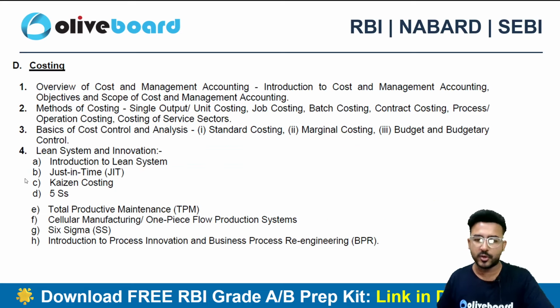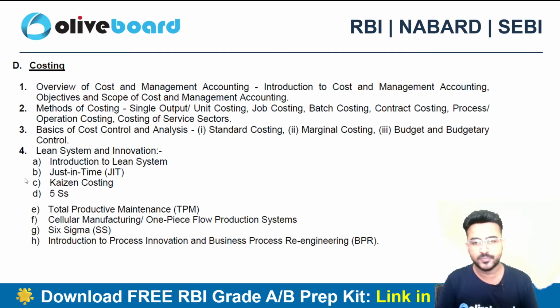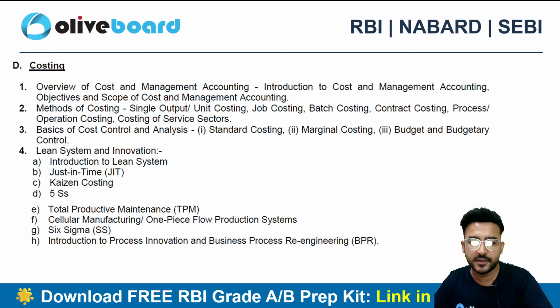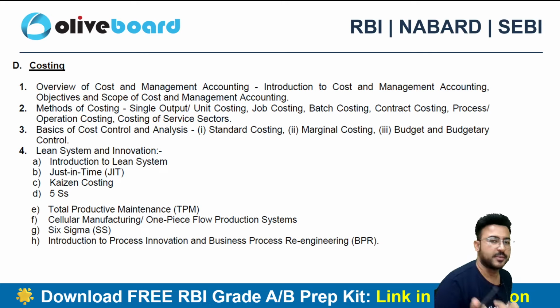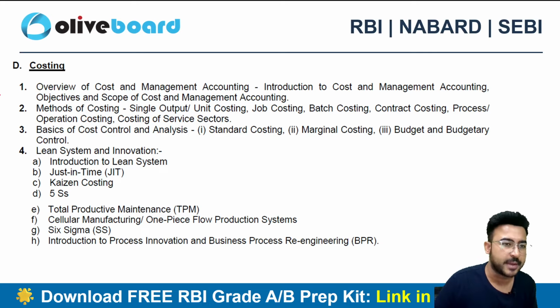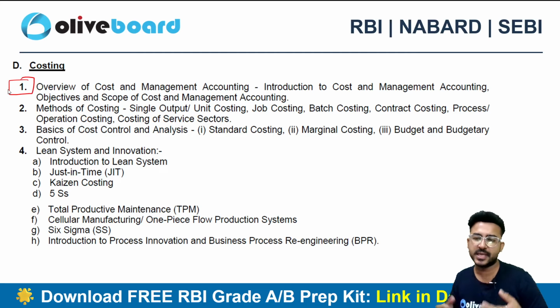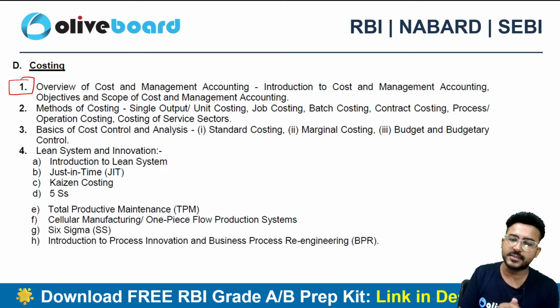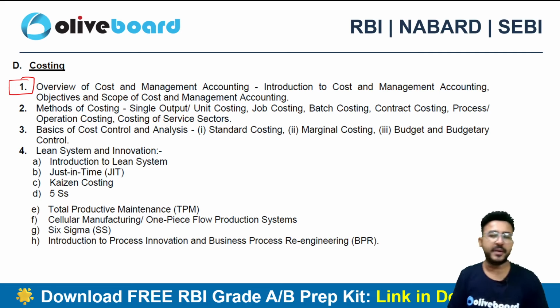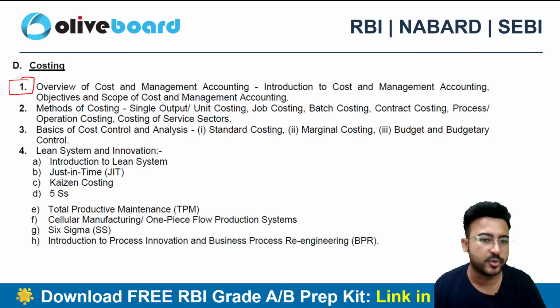Then if I talk about costing, it's a mix of theory and practical. Here we can see different chapters, like we do have the basics of costing. So the first chapter is overview of cost and management accounting, a complete theory chapter. Though there are some questions which are related to practical, that can be segregation of the variable cost and so on. We'll be having a detailed discussion of these questions in the paid class, right? So this is a complete theory topic.